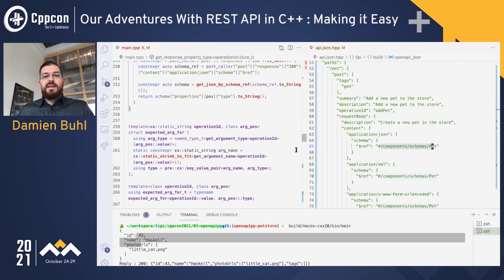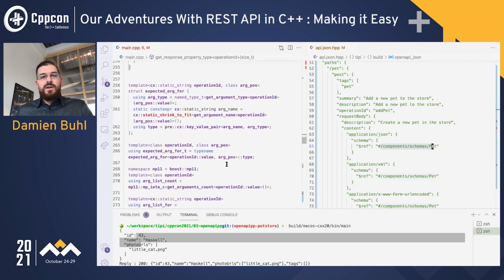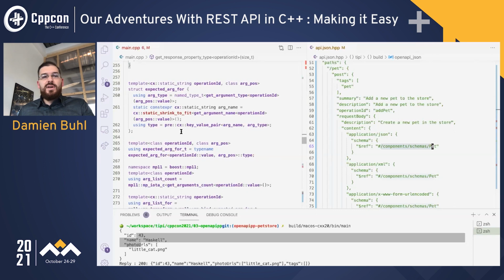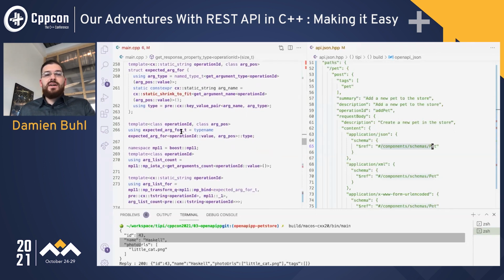And for the schema, we then use a little bit of template metaprogramming to iterate over the different types that we got from the schema. Because you cannot iterate, or so far I didn't find a way to make a for loop in a constexpr context that brings you an index that is a compile time value. You can make a for loop and generate a compile time value and return it back, but you cannot make a for size_t i and use this i as a compile time value. But what you can do is get the count of things, and then when you get the count of things, you can actually